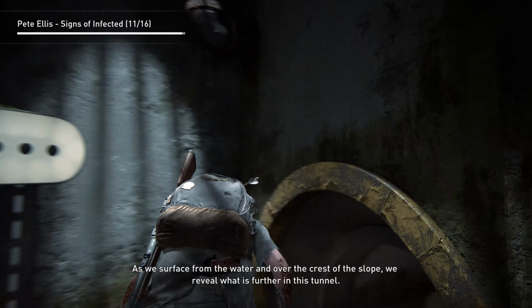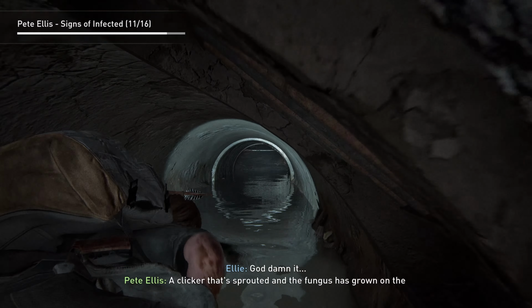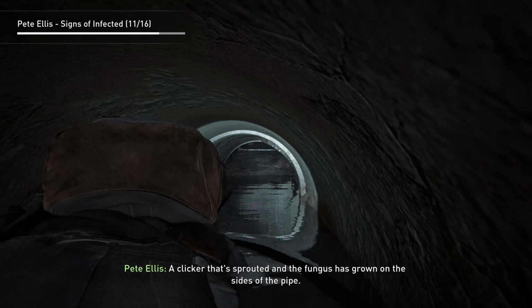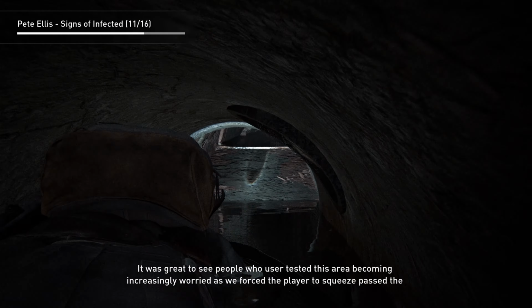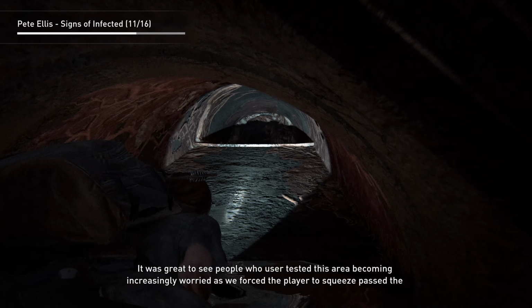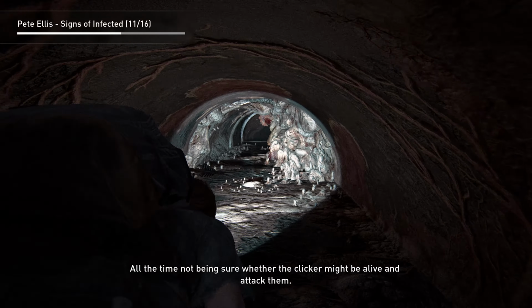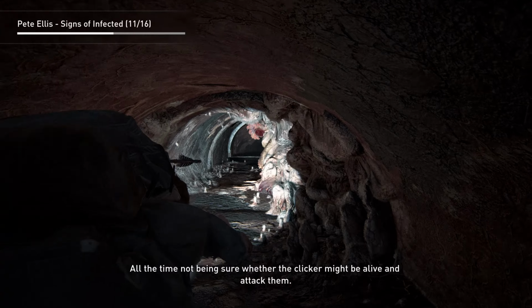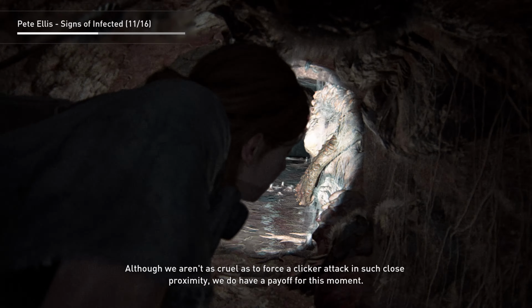As we surface from the water and over the crest of the slope, we reveal what is further in this tunnel, a clicker that has sprouted and the fungus has grown on the sides of the pipe. It was great to see people who user tested this area becoming increasingly worried as we forced the player to squeeze past the fungus and inches away from the clicker's face, all the time not being sure whether the clicker might be alive or attack them. Although we aren't as cruel as to force a clicker attack in such close proximity, we do have a payoff